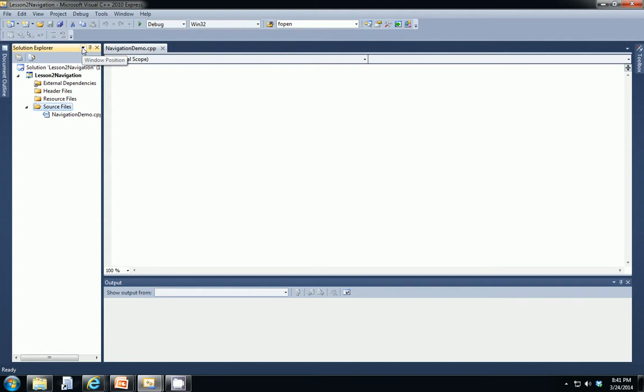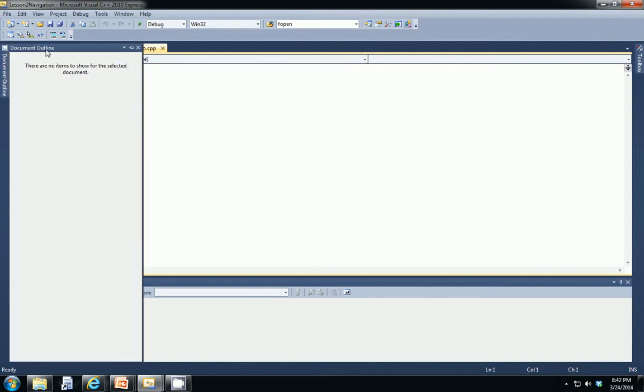If you click the little arrowhead to the left of the thumbtack, there we go. You can have it float. You can auto hide it. You can hide, which is the same thing as clicking the thumbtack. That type of thing. If you accidentally close out of any of these panes, we're not using the document outline